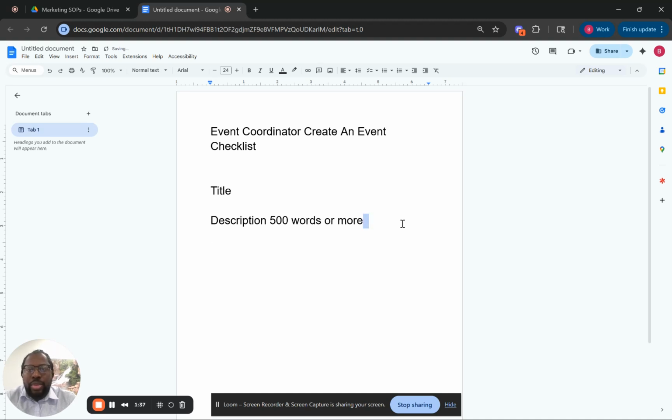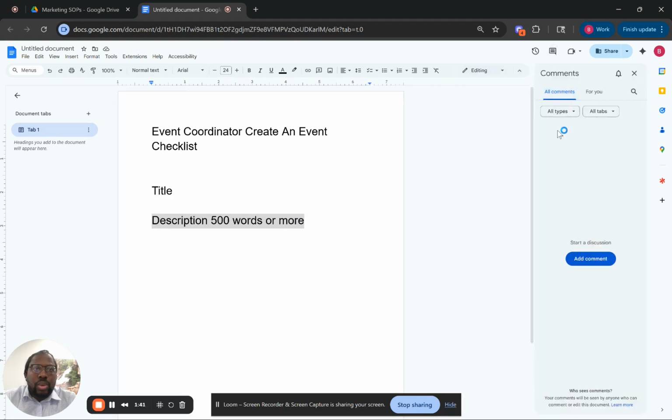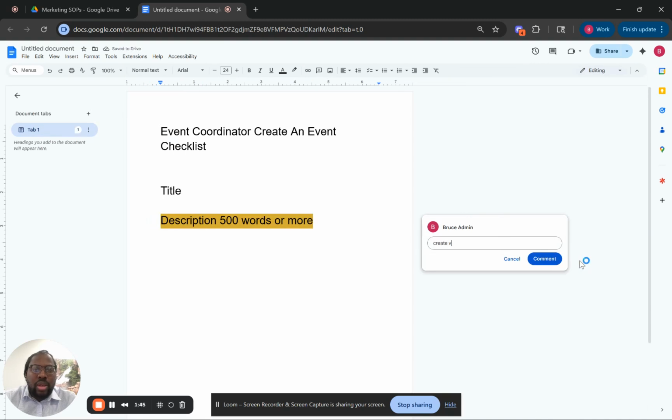And so there will be a SOP for this one, right? So let's do event description SOP. The goal is to be so detailed that anyone can come in here and do this. You don't have to train everyone every single time. So we got a title, description,